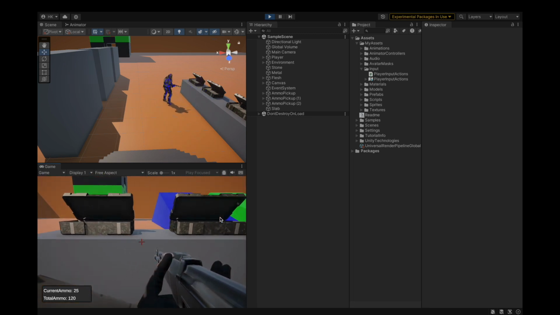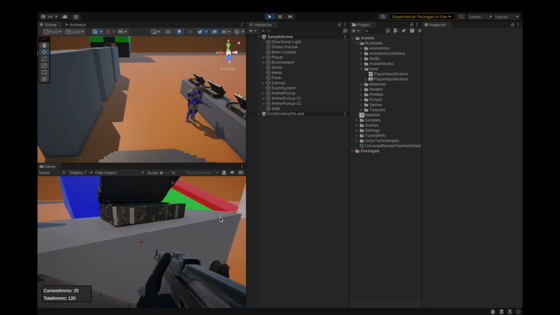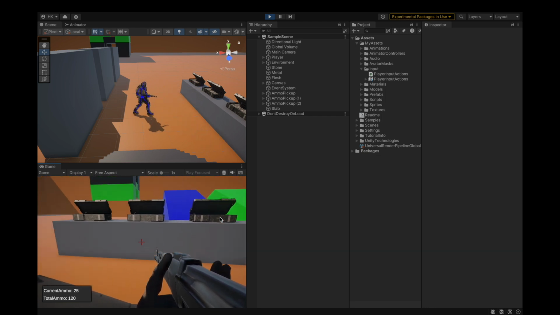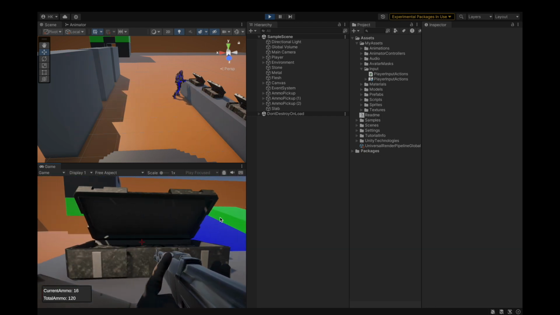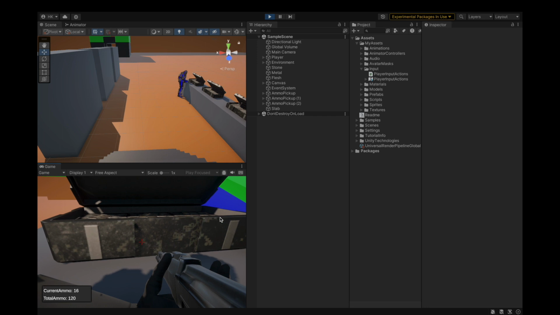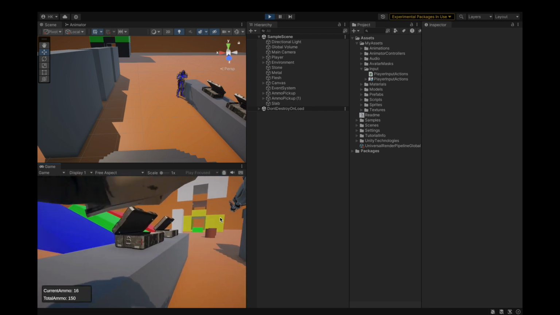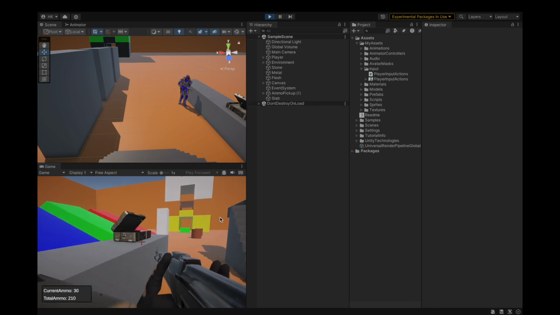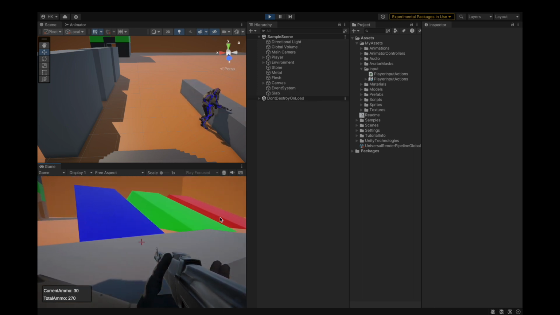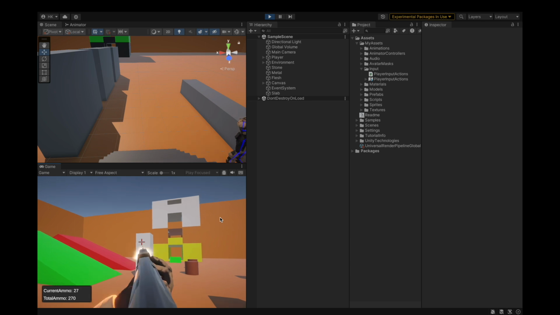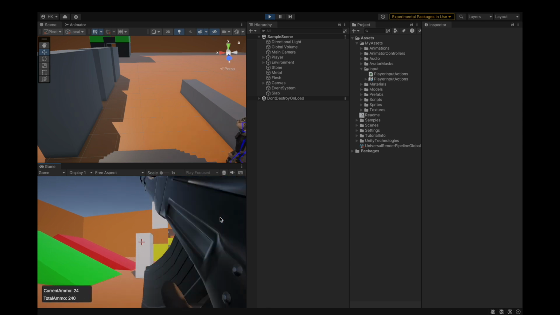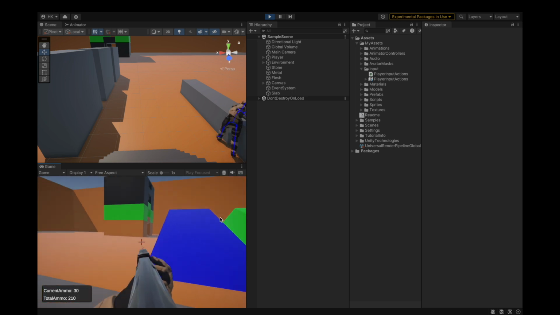So I've connected my PS4 controller now, and you can see that I can shoot just like normal with the right trigger, the R2, and I can reload with square. And now you can see if I'm close, then I can't reload. I click square, then I pick that object, and then if I click square again, then I can reload. So now I'm just going to fire these bullets